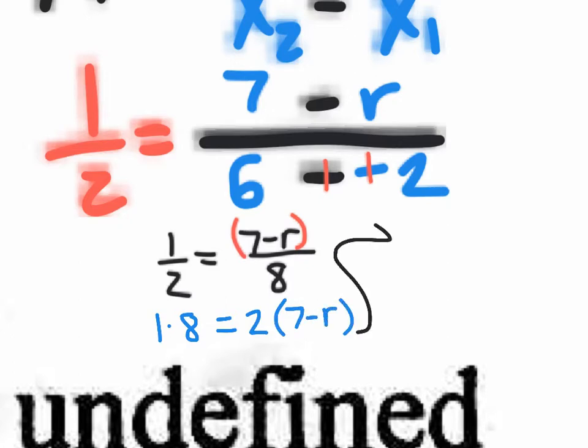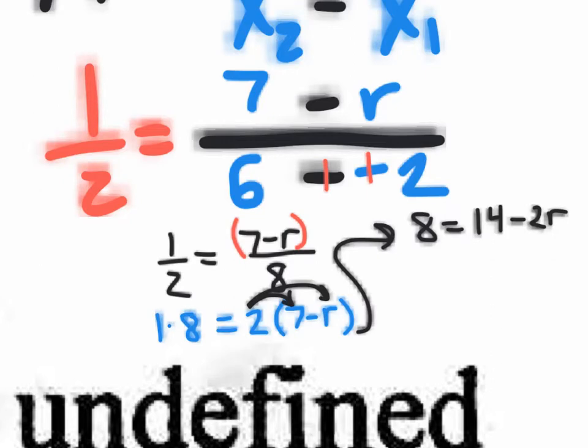Let me rewrite it up here. So we really have 8 equals, and let's distribute the 2. 2 times 7 is 14, and 2 times negative r is negative 2r. So I have 14 minus 2r. And now we could solve this equation by getting rid of the 14. So we're going to subtract 14. It's going to cancel, subtract 14. And we're going to end up with negative 6